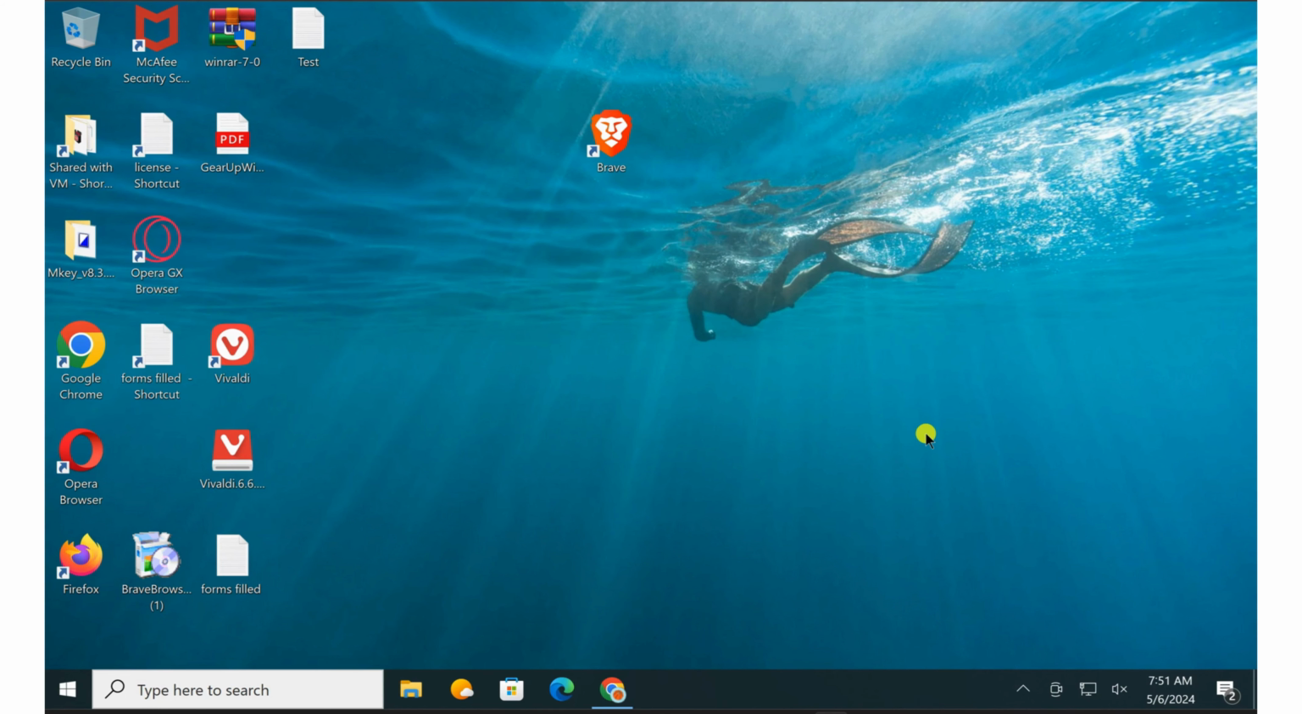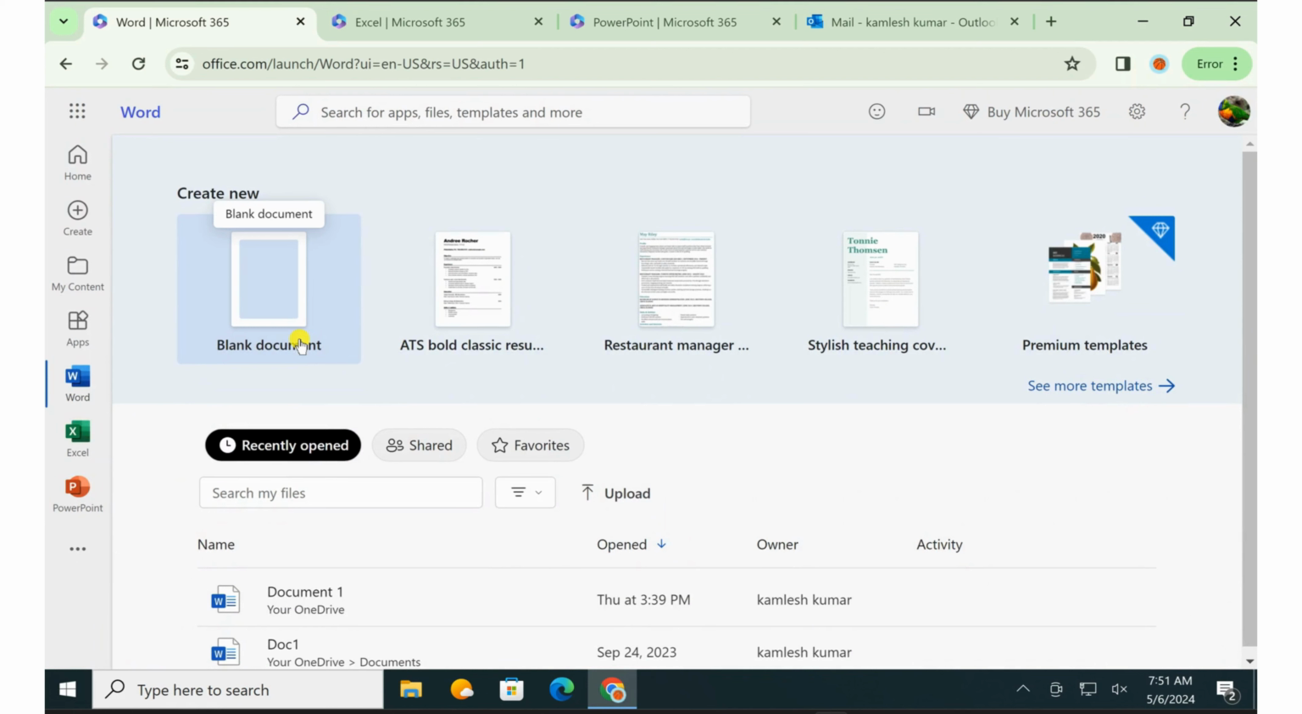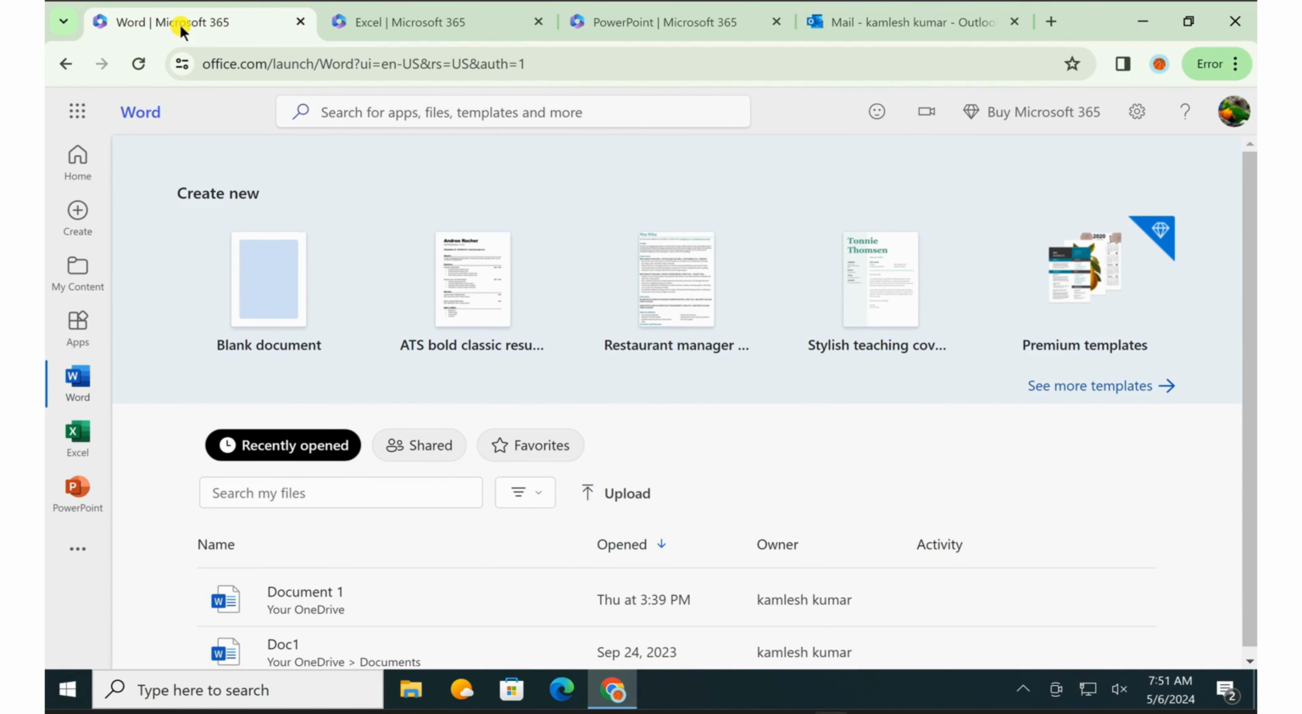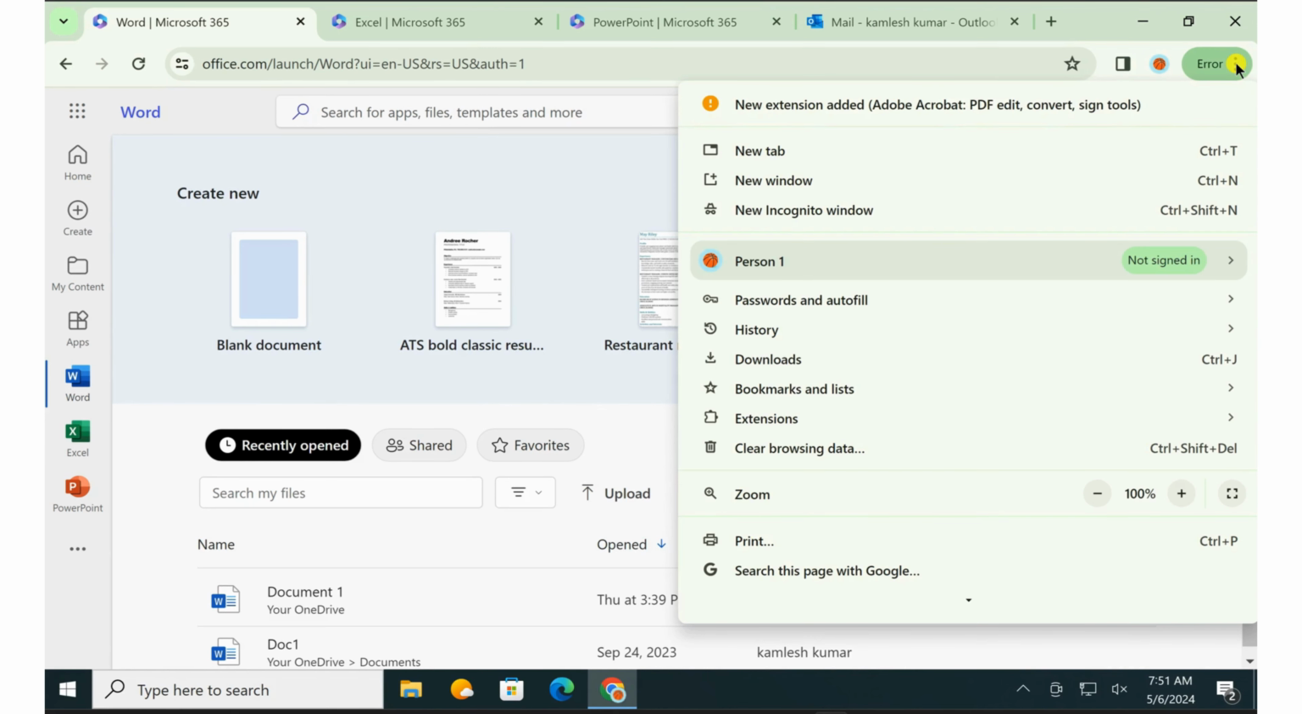PC, then first open your Chrome browser and then navigate to the link that you will find in this video description. I have included link for Word, Excel, PowerPoint, and Outlook. Visit any link you want to install as web app and then click on this one triple dot menu, and in the drop down menu select